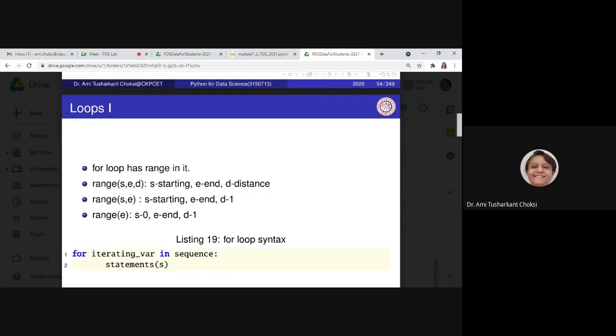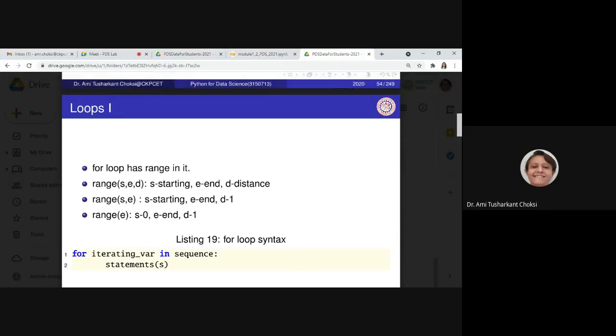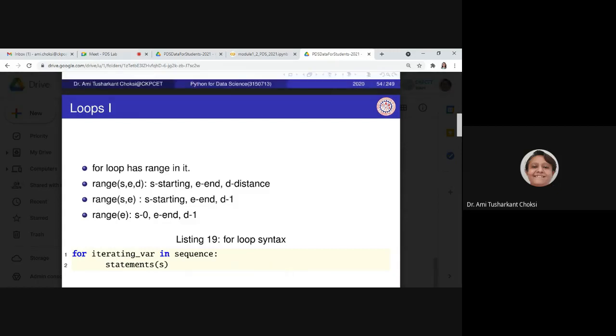S is starting, E is end, and D is D minus 1, right? Here we have only said that D is distance, but it is D minus 1, okay? Range E is that, then we can say S is 0, E is end, and D is minus 1. So three ways it is given, that is range with one parameter, range with two parameters, and range with three parameters. Okay.